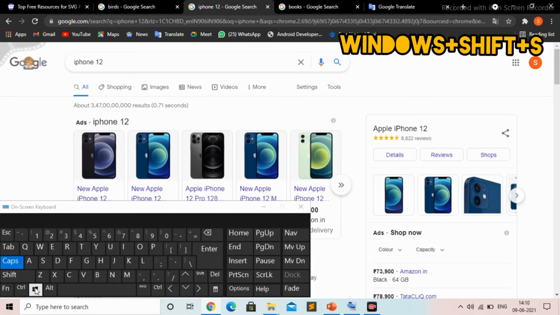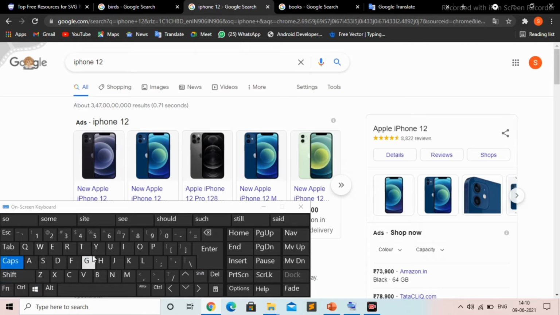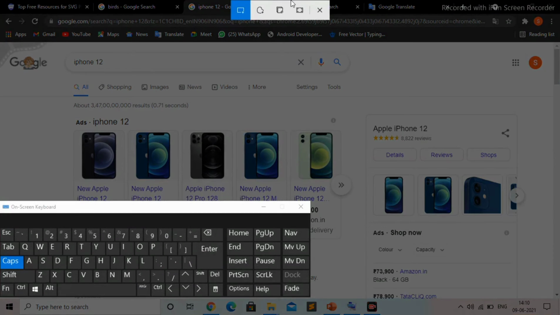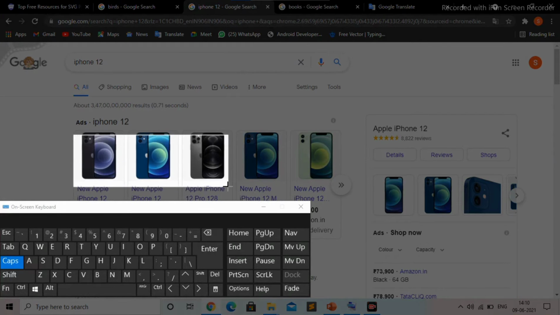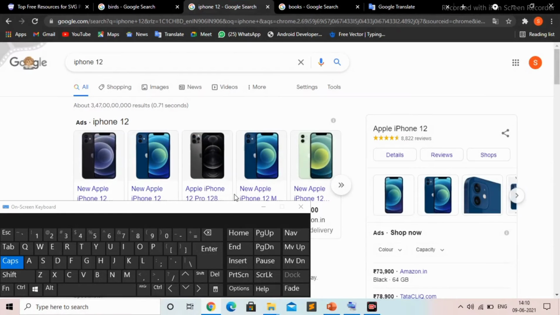The next key we are going to see is one of my favorite keys. This key will be useful for presentations and others, and this key is Win plus Shift plus S. Using this key you can take a part of your desktop screen and copy it to the clipboard, so that you can paste it anywhere where you can edit it.